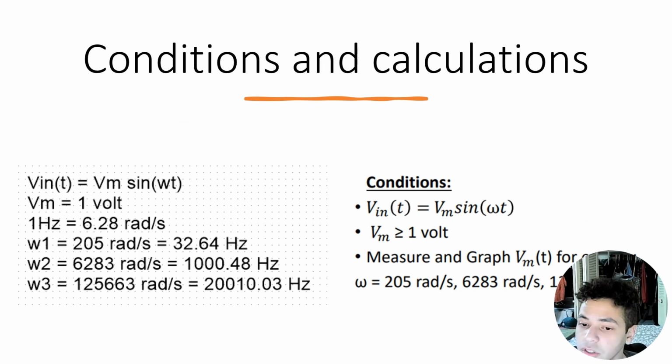To meet all the conditions, I also had to change the values of W in the 3 cases to their equivalent in hertz by dividing the value by 6.28, as you can see, so that the value of hertz could be measured with the circuit and shown in